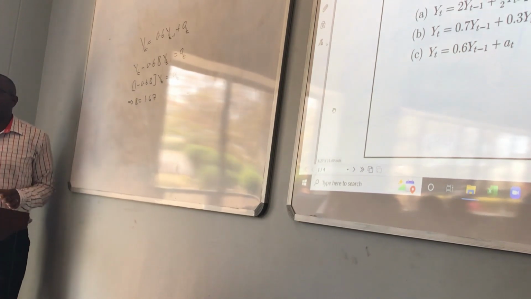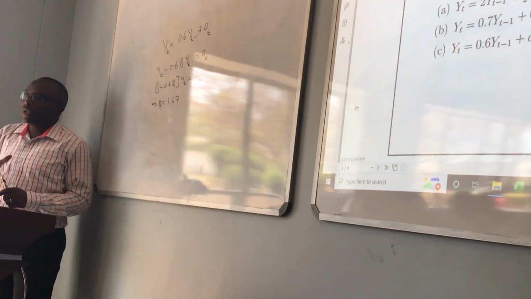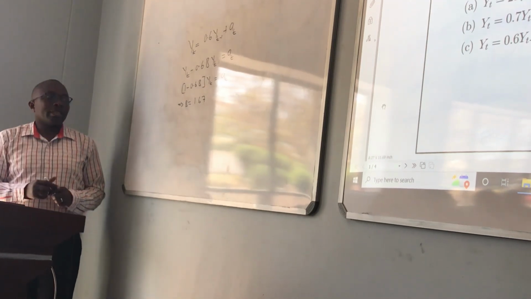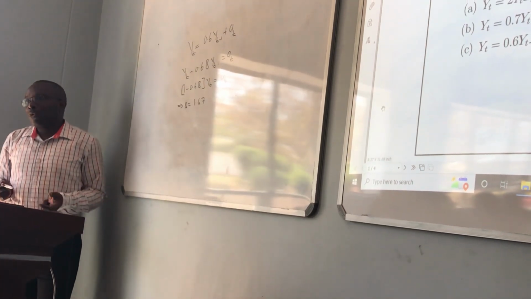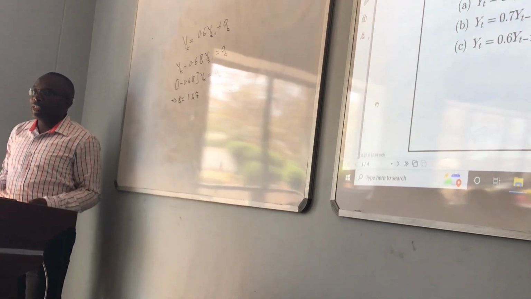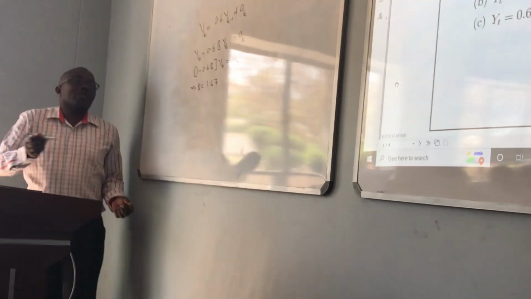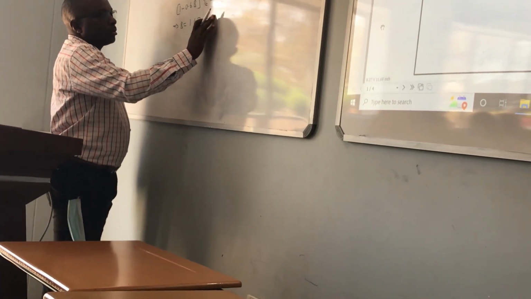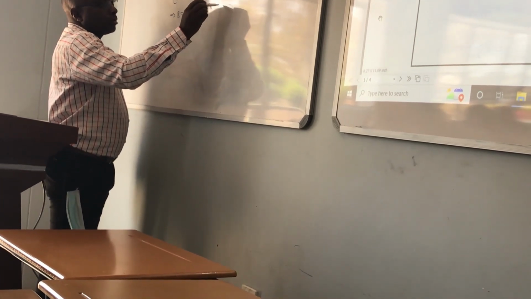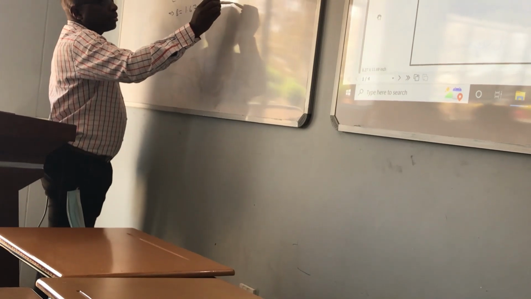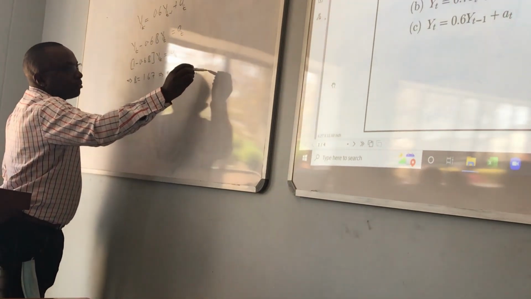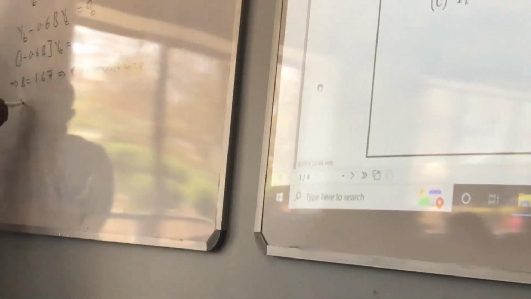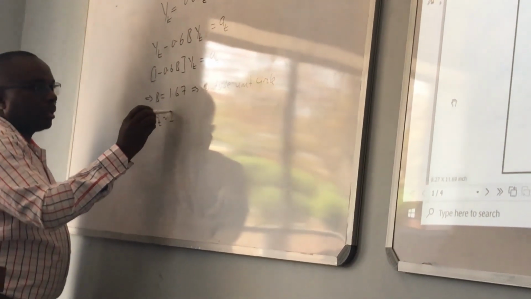And 1.67, does it lie inside the circle or outside? So what does it mean? Stationary. That means YT is stationary. So when YT is stationary, what is its order of integration? 0. Outside this space, that means YT is I